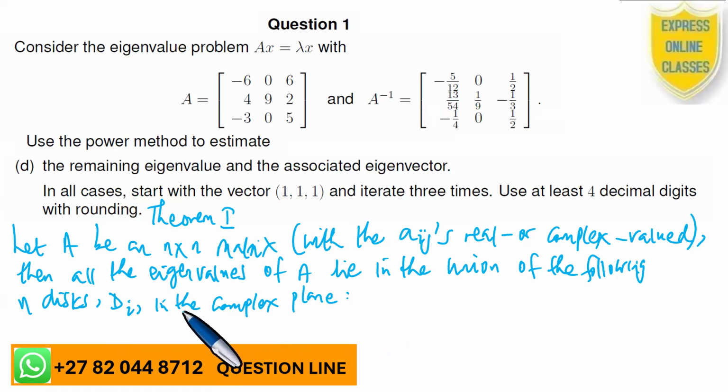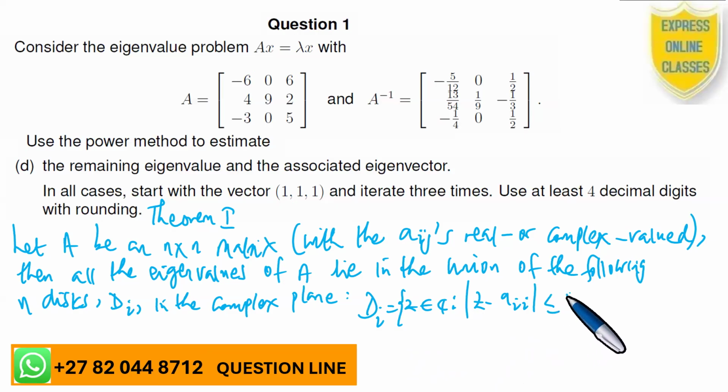Right. So that we have with us the D_i, the set of z in C such that |z minus a_ii| is less than or equal to the sum over j equals 1, j not equal to i, of |a_ij|, and so on. So that in the end,